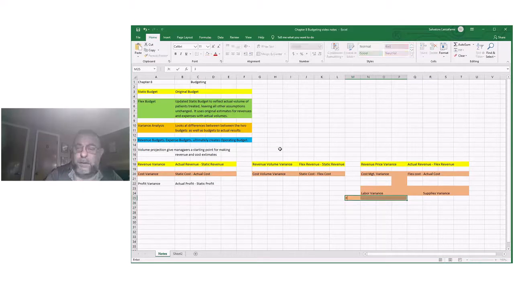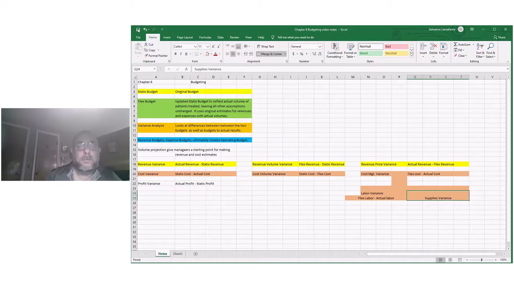So we could have our flex labor and subtract out our actual labor. So remember this right up here, flex cost minus actual cost. So we could do it by just labor variance. And with supplies,